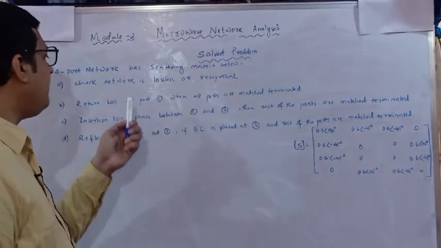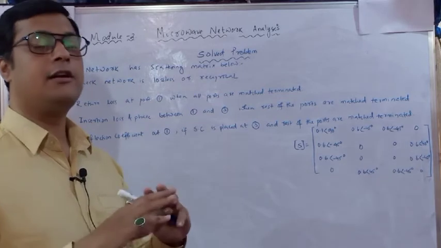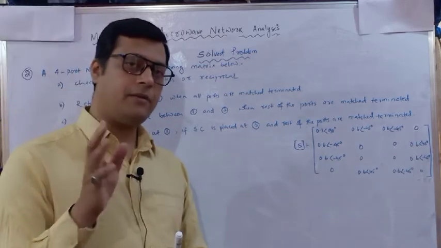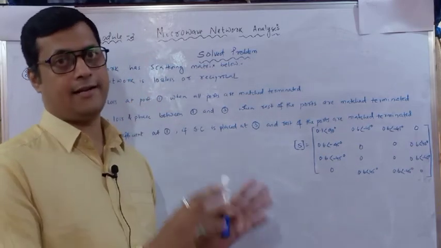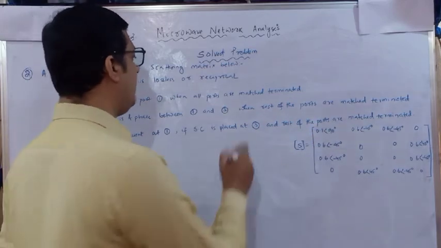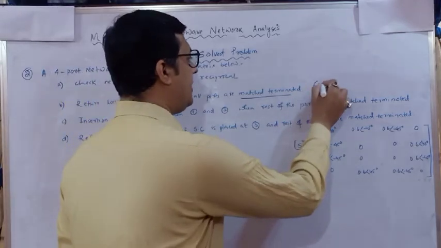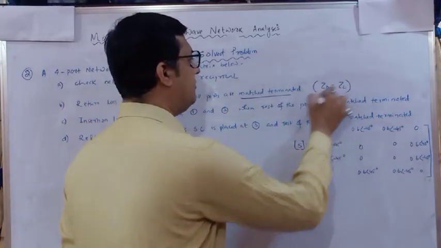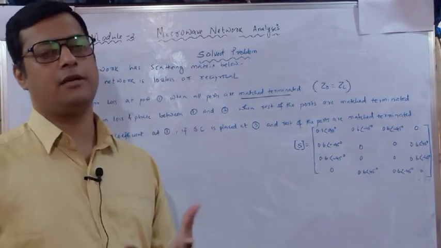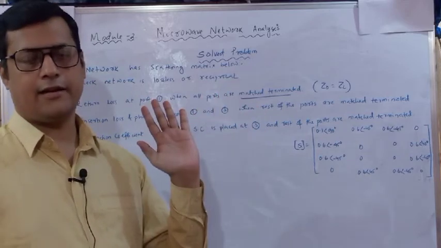Second, we have to identify the return loss for port 1 only, if the rest of the ports are terminated with a matched condition. Matched condition means your load impedance is equivalent to the characteristic impedance of the line. That is called a matched termination. Always remember this. Matched termination means the characteristic impedance is equal to the load impedance, so the reflection coefficient automatically becomes 0. So it is matched terminated: the load is equivalent to the characteristic impedance.